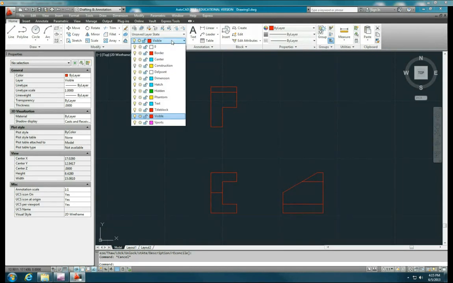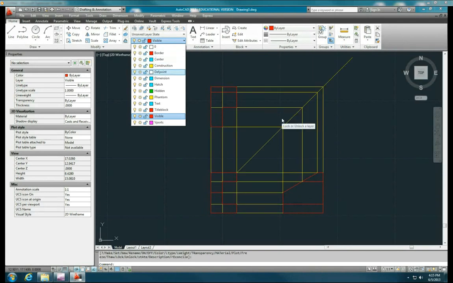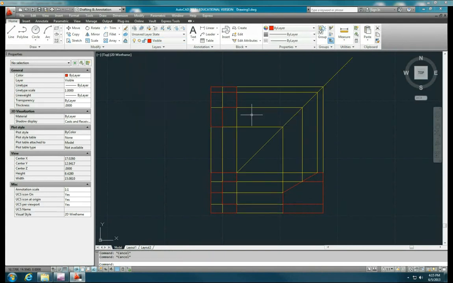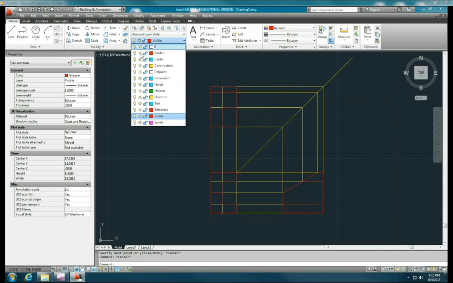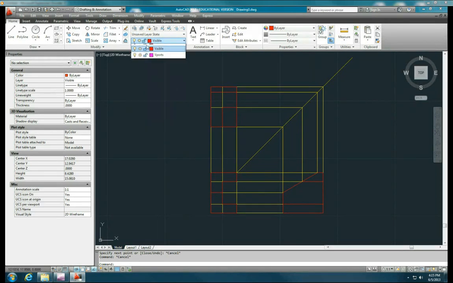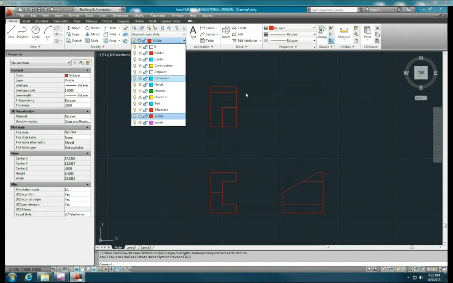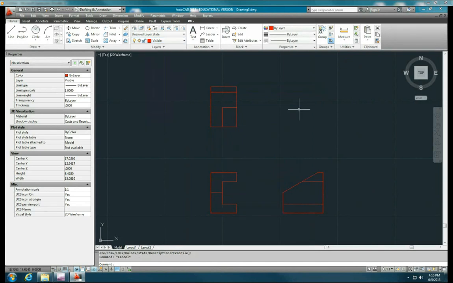Okay, so let me turn my construction layer back on, and what that would look like, you can see that it runs the full depth of the object. Okay, which means that we would see it on this front edge here. Okay, so it may take you a minute to think about that, but that's what the corner of the object would look like. Okay, so again, let me turn off the construction layer and have a look. Okay, so that's what the top of the object looks like, and now